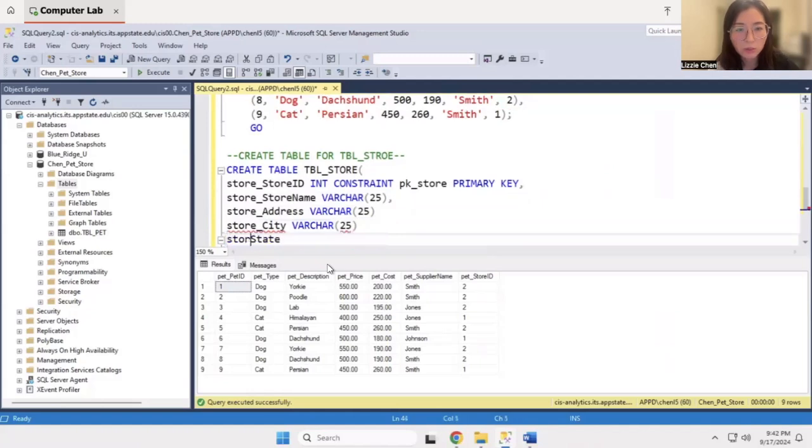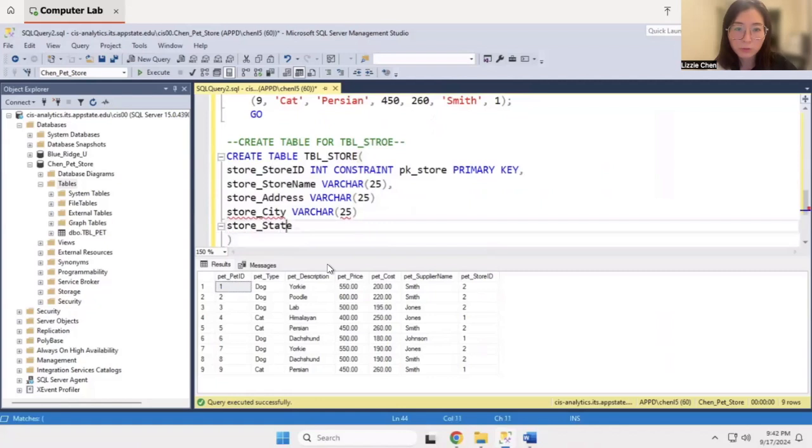Next one, store state. Is a state. How many characters? Two, right? So we can use CHAR, say it's CHAR 2. They are all set. Seems I missed several commas, so you can use a comma here, comma here. This one, it seems I don't need the comma. Let's double check it. It should be create, and we have the primary key, we have the store, VARCHAR, VARCHAR, VARCHAR, and it seems